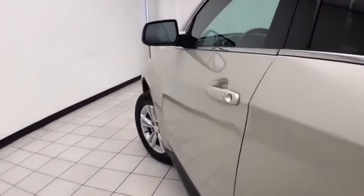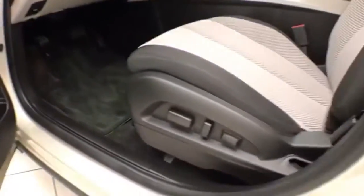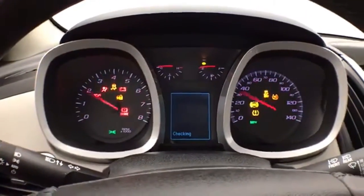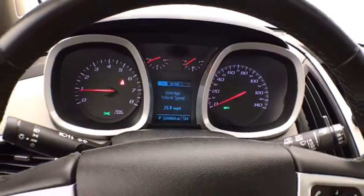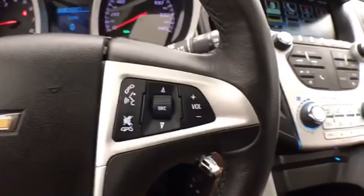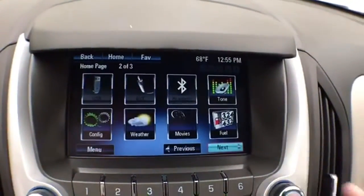This LT has keyless entry with remote start, power windows, locks, mirrors, Pioneer sound system, power driver's seat, along with a tilt and telescopic steering wheel to put you in that perfect driving position, power moonroof, gauges with driver information system, cruise control, steering wheel mounted audio controls, large touchscreen infotainment system,